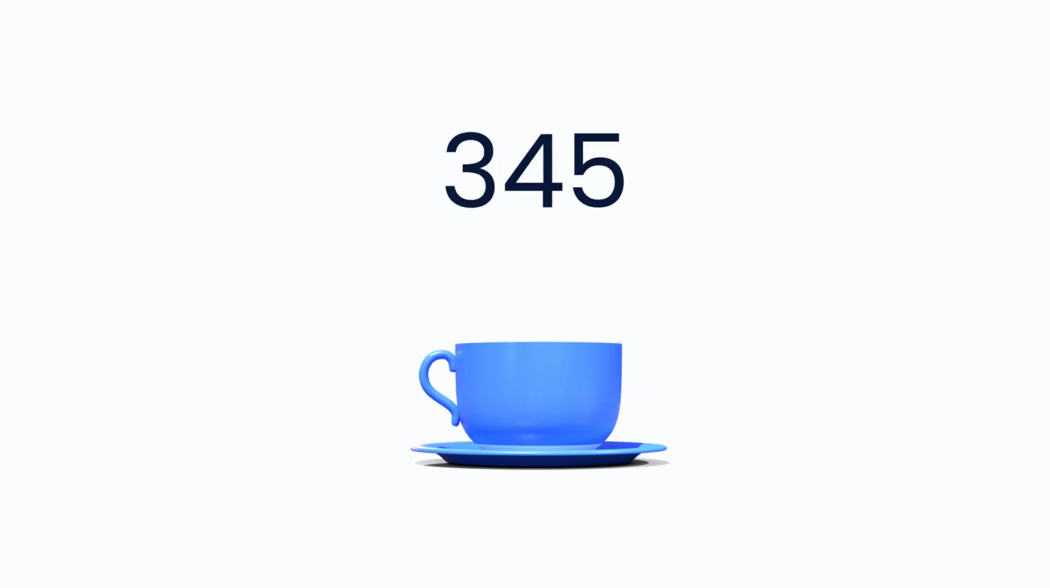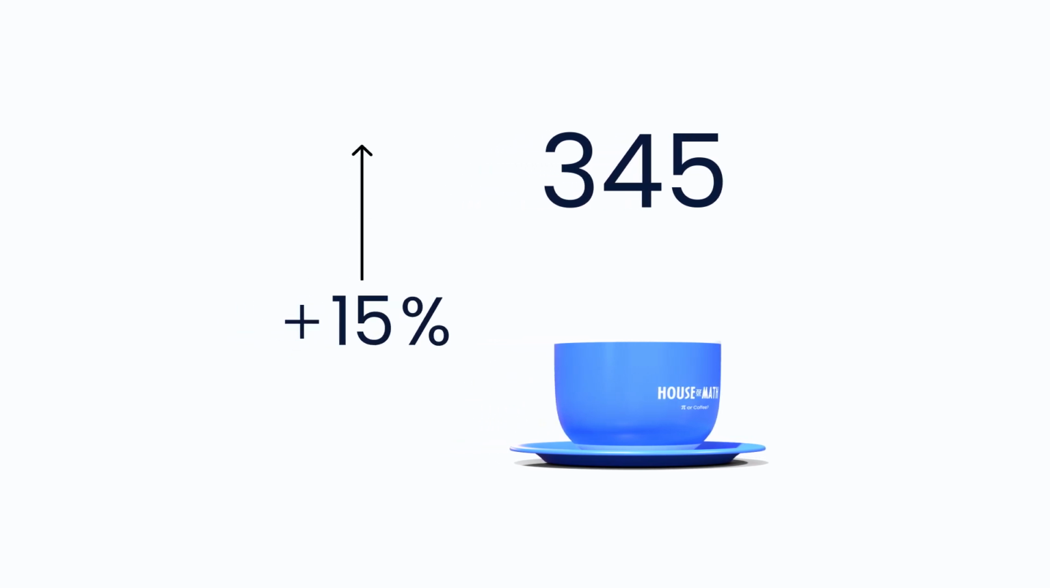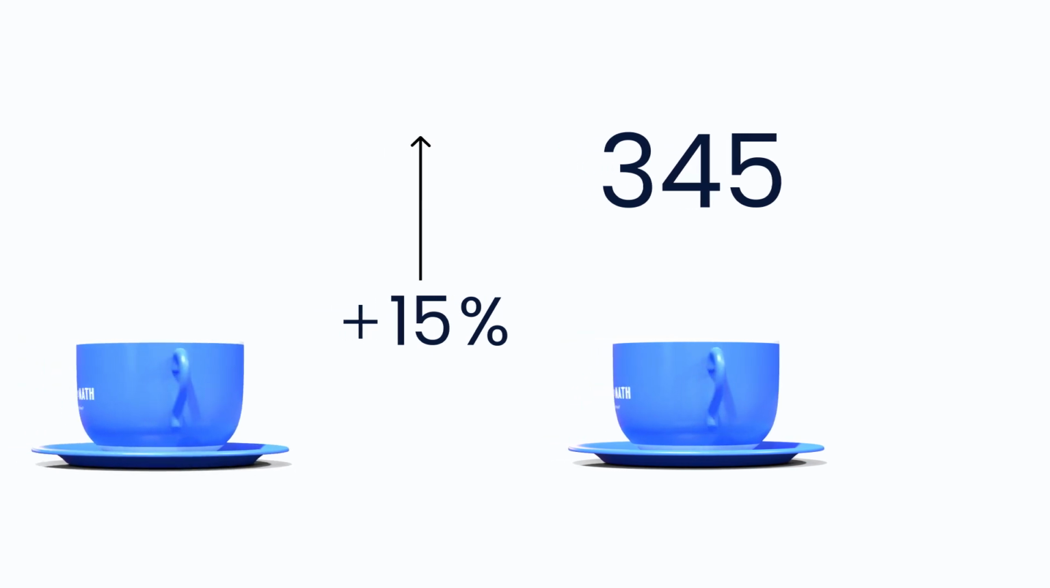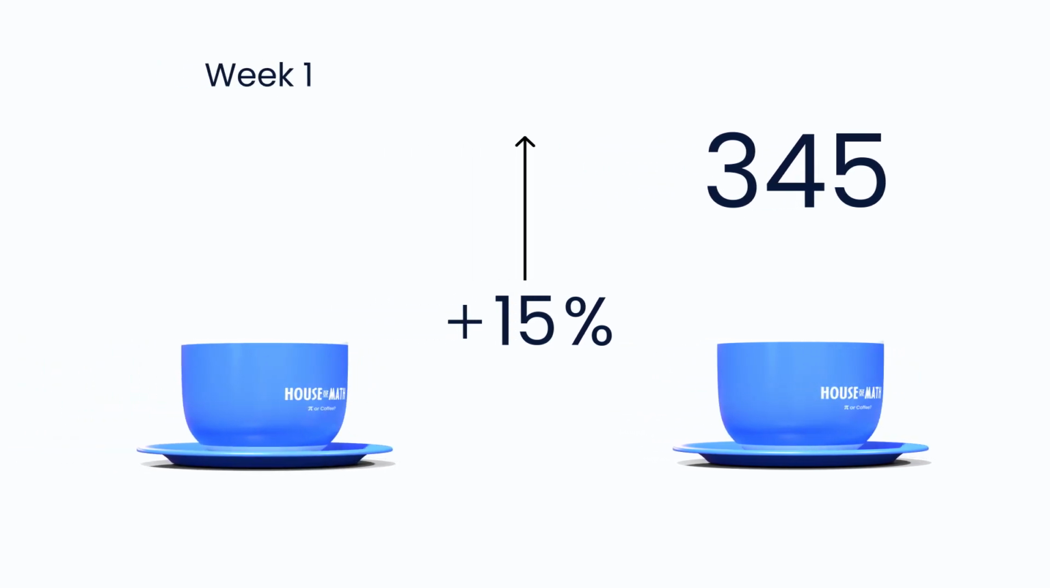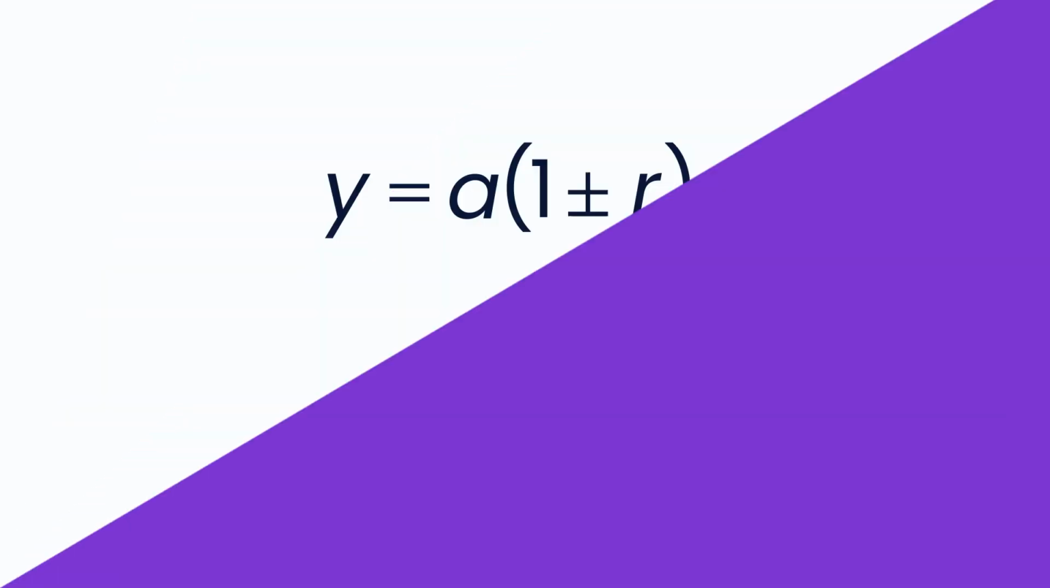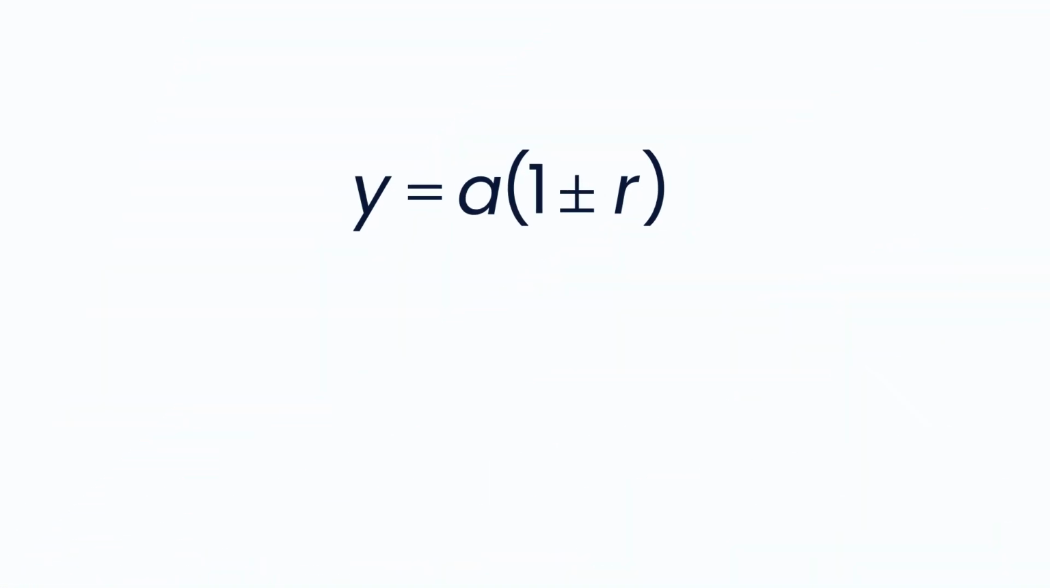One week, a cafe sold a total of 345 cups of coffee. This was a 15% increase from the previous week. We'll call the previous week Week 1 and the following week Week 2. You want to find out how many cups of coffee were sold in Week 1. Since there has been an increase in coffee sold from Week 1 to Week 2, you can use this formula